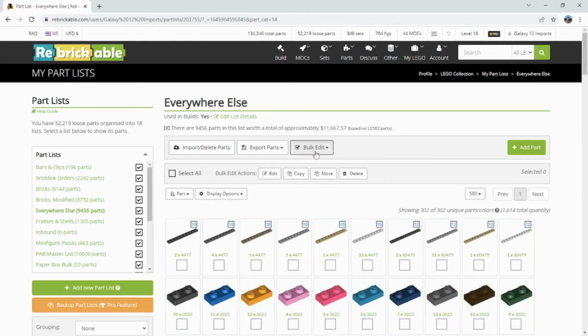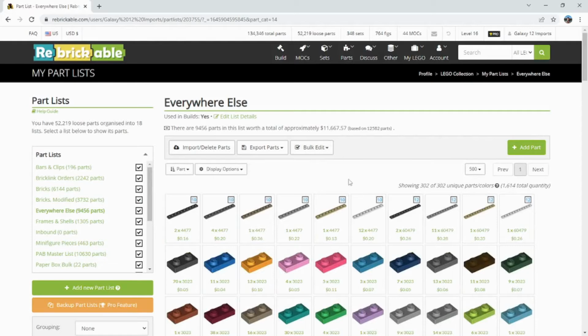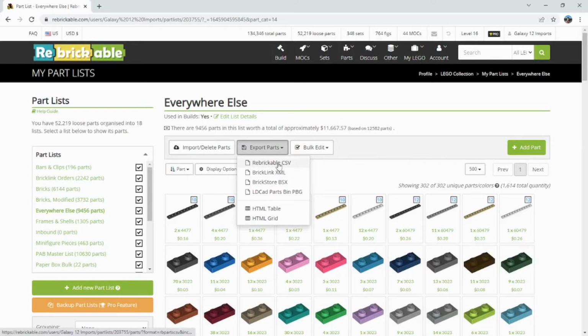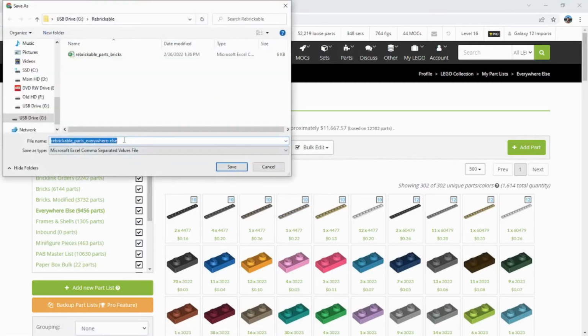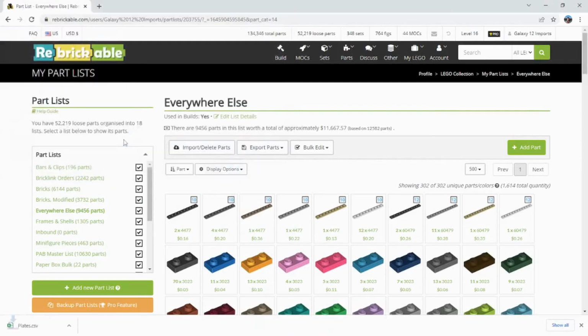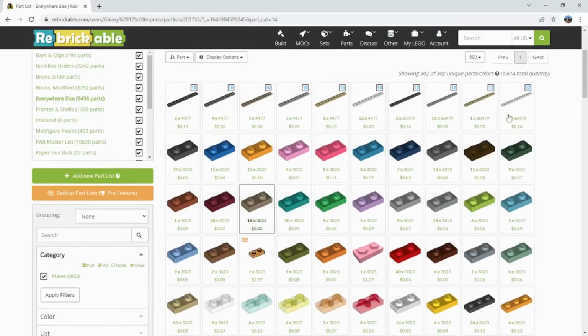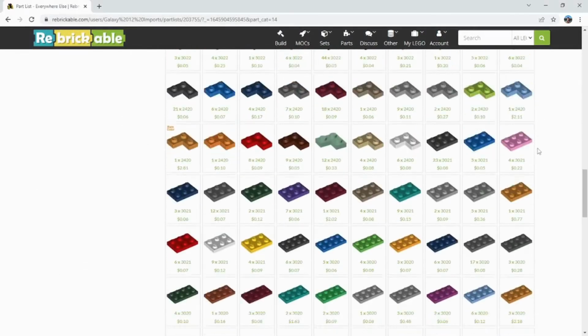But I did want to show you an alternate method if that is giving you trouble. We're going to use an export and import feature. So I'm going to do the export parts to a Rebrickable CSV. What this does is it will create a CSV file. I'm going to call it plates. And then we have this plates file that contains basically all the pieces in this window that have been filtered